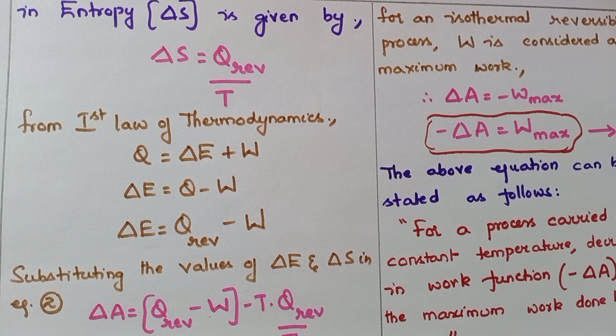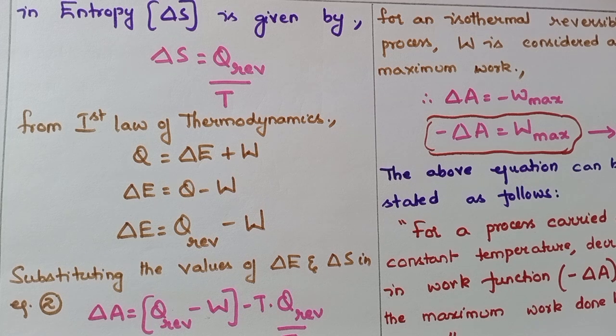We substitute these values in equation 2. What is equation 2? Delta A is equal to delta E minus T delta S. Is it not equation 2? Yes. So substituting the values of delta E and delta S in equation 2, we get, write down,